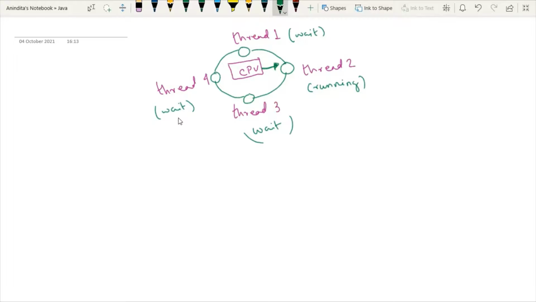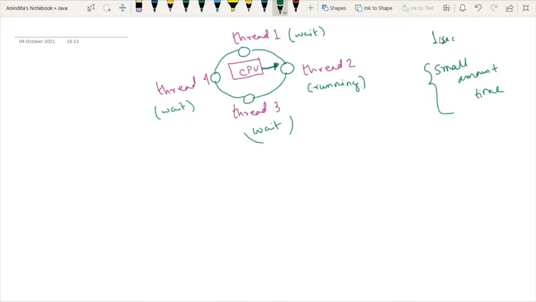Now what is time slicing? Time slicing means a very small amount of time. What should that small amount of time be? It is already predefined by the operating system. Say, for example, in whichever operating system we are working, the time slice is 1 second.